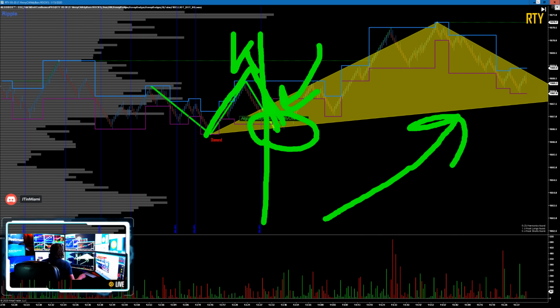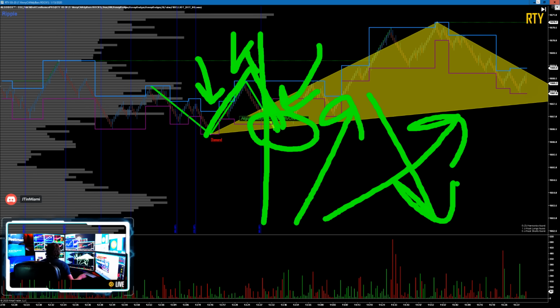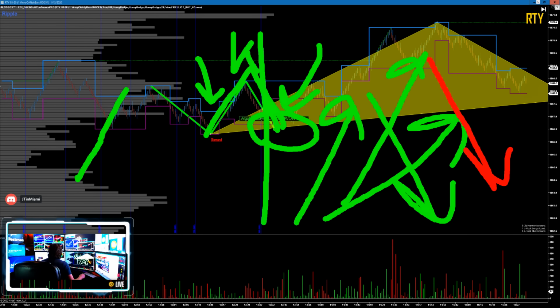Like people are like, oh, it's coming down. This probably came very quickly. I talk about speed in a direction actually being a fake, right? Every person thinks about physics and they're like, ooh, it moved fast, it must go farther. It's actually the opposite here. I teach the racquetball play. If you smack a ball against a wall in racquetball quickly, guess what? It comes back fast, doesn't it? That's how you should think about things. If it goes up fast, it's more likely to come down. If it goes up slow, it's like in a racquetball court: if you hit it slow up the court, it dribbles. It's going to keep going.